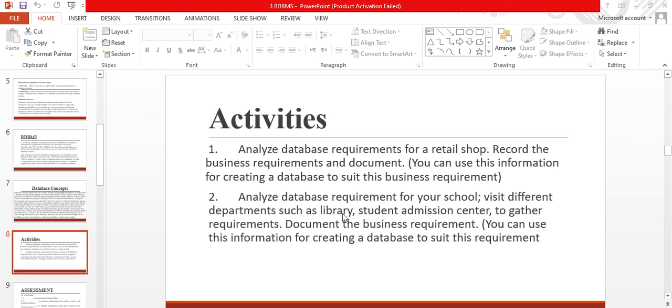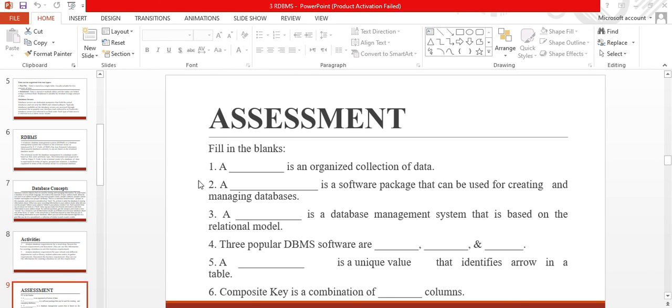Analyze database requirements for your school. Visit the different departments such as library and student admission center to gather requirements. Document the business requirement. You can use this information for creating a table, database to suit this requirement. Do this assessment in your computer notebook and submit by next week.